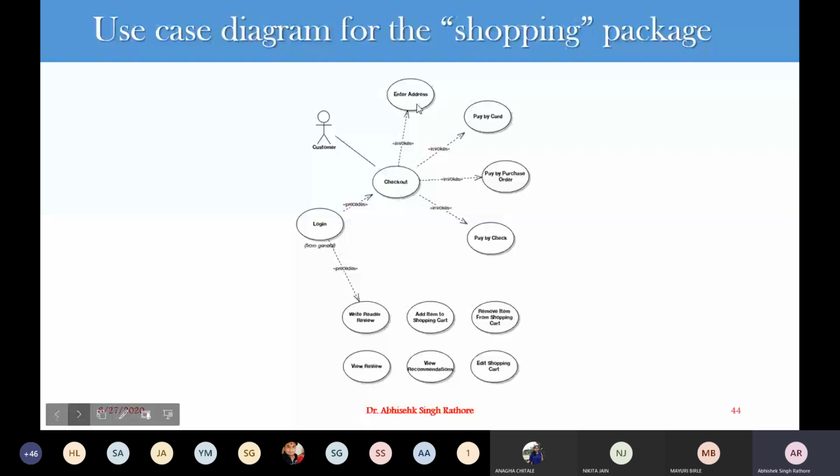So before checking out, you will call different functionalities: you enter your addresses and you enter your payment details. Instead, we can add an additional functionality, that is payment, and this payment is inherited by pay by card, pay by purchase order, or pay by check.